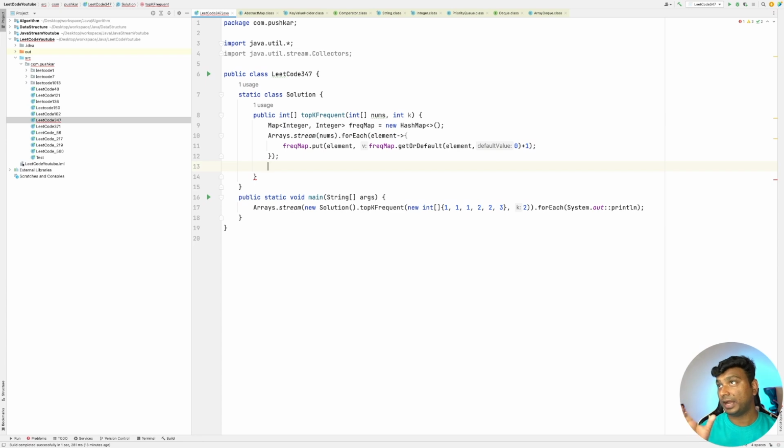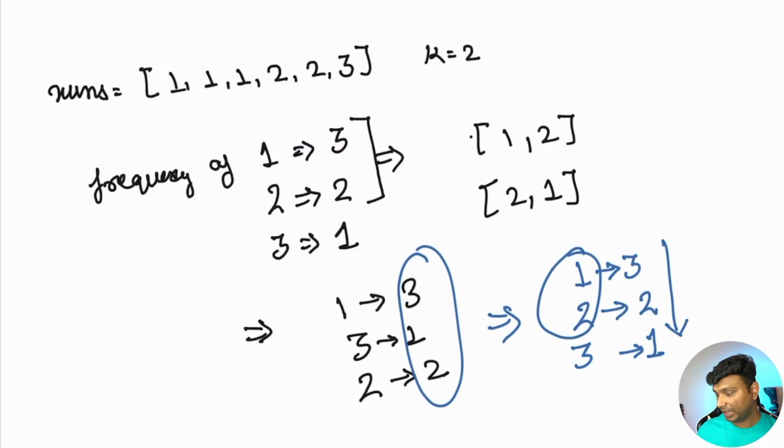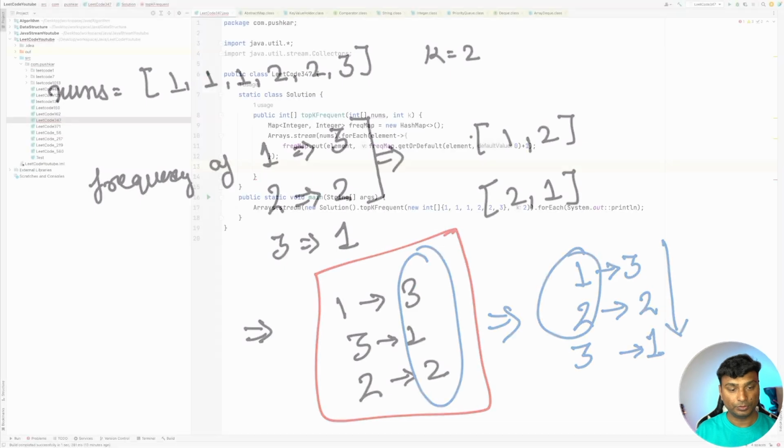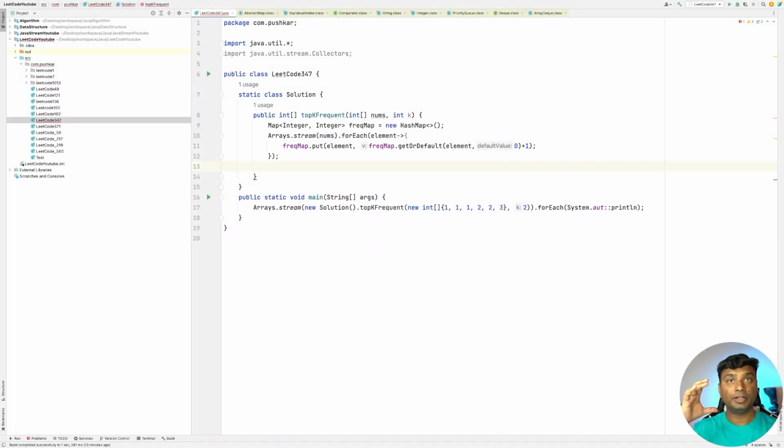Basically after running this code, we'll have our map, this one. Now let's create the priority queue so that we can maintain only the top k elements.